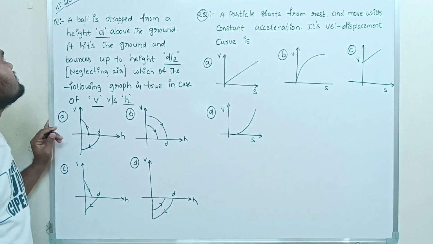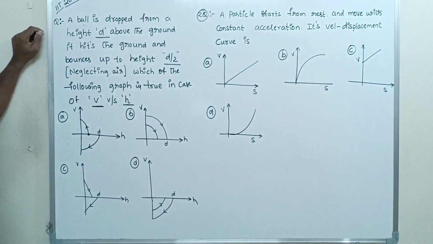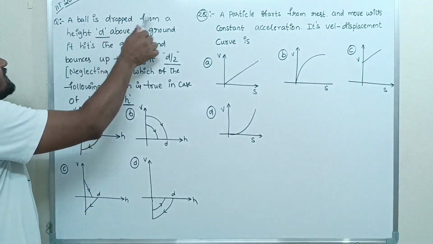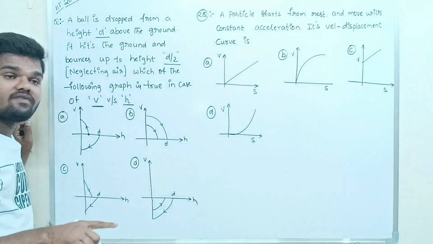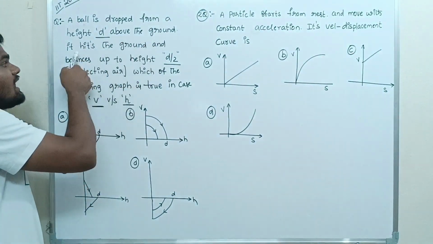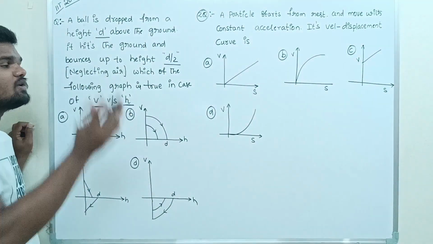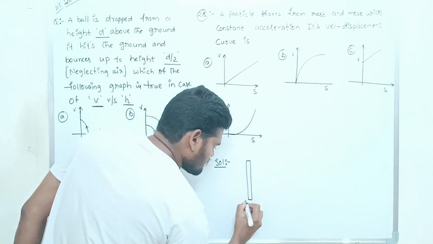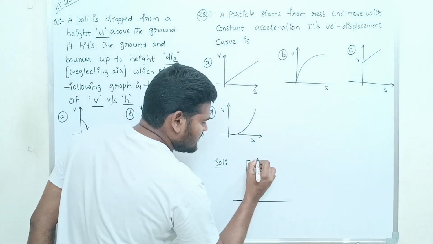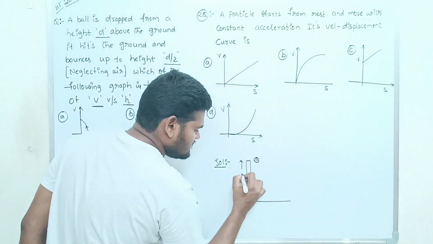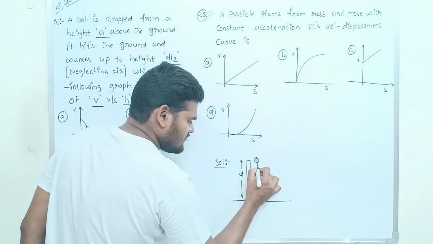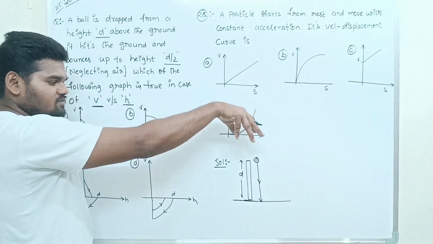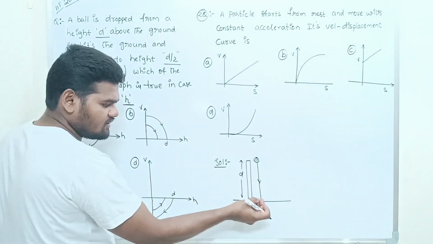Right, so let us see the example problem. This problem was asked in IIT in the year 2000. A ball is dropped from a height d above the ground and hits the ground and bounces up. So they have taken one ball or object and just thrown it towards the ground from the height d. Simply, they leave an object, the object moves towards the ground and it hits